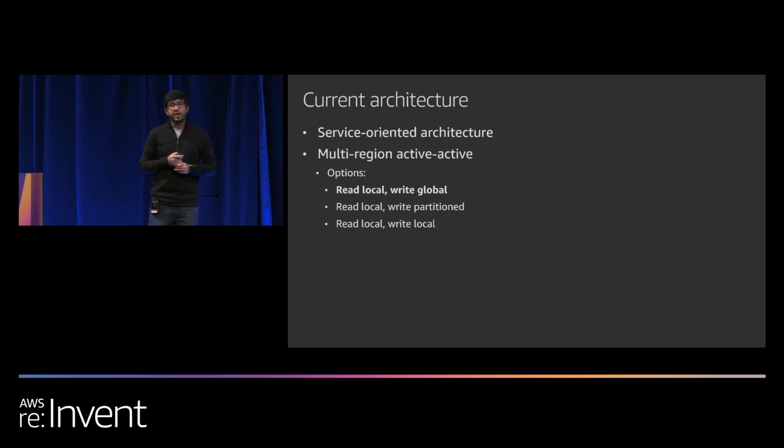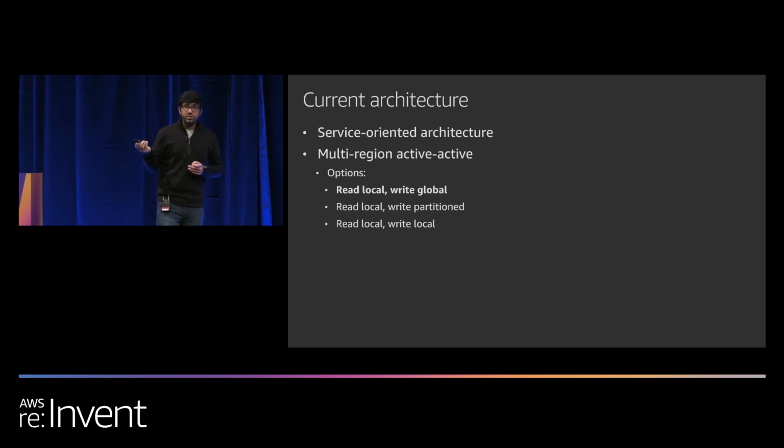The second decision that we had to make was how do we do our multi-region architecture. So Harsha alluded to this, but for us to achieve both resilience in the case of failure as well as the performance boosts for our users across the globe, we decided to go with a multi-region active-active architecture. But there are a few variants of these. So in any multi-region active-active architecture, the reads are going to be local. So that side is pretty straightforward. But on the write path, I think there are a few different options.